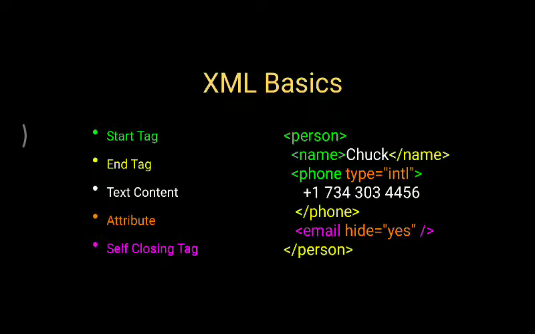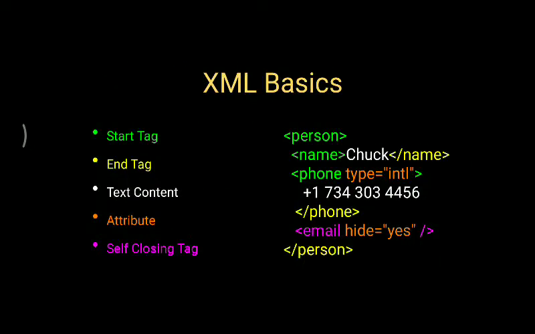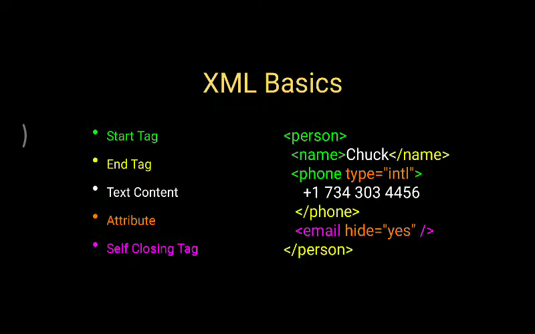So XML basics, as I said, how these tags will be. It consists of start tags, end tags. Then it also contains the root data, that is in the form of text content, attribute, self-closing tag. So here you can see this start tag. Then inside that tag we will be writing the data, as well as text content.